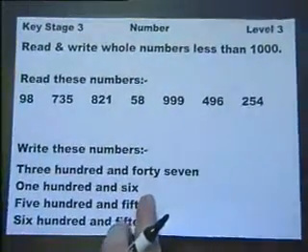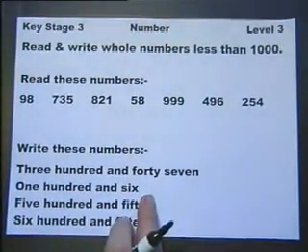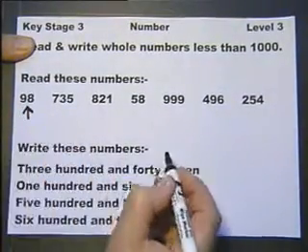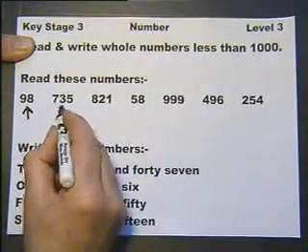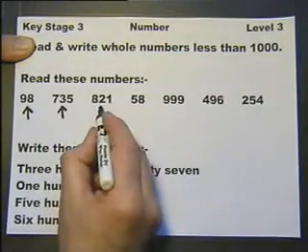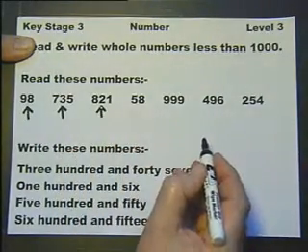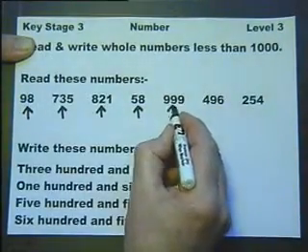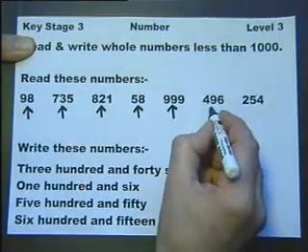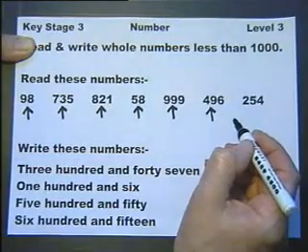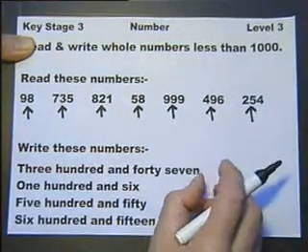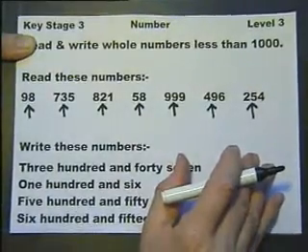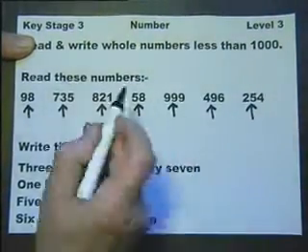The ability to read and write whole numbers which are less than 1,000. So it's just reading them. 98, 735, 821, 58, 999, 496, 254. But the exam at Key Stage 3 is a written exam, so it's not only a case of being able to read these numbers,